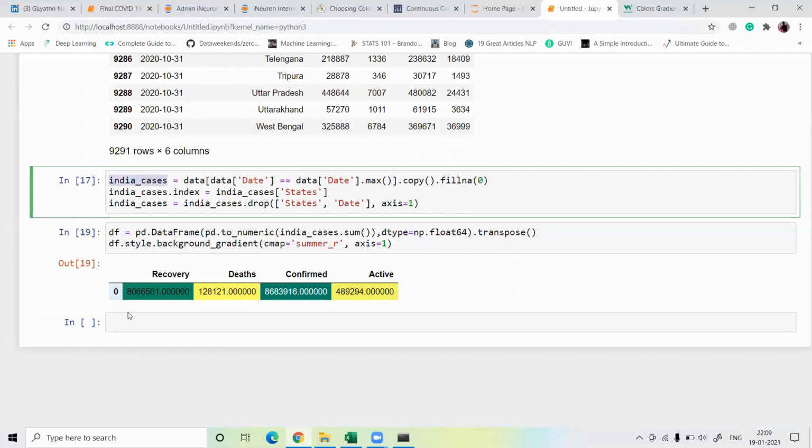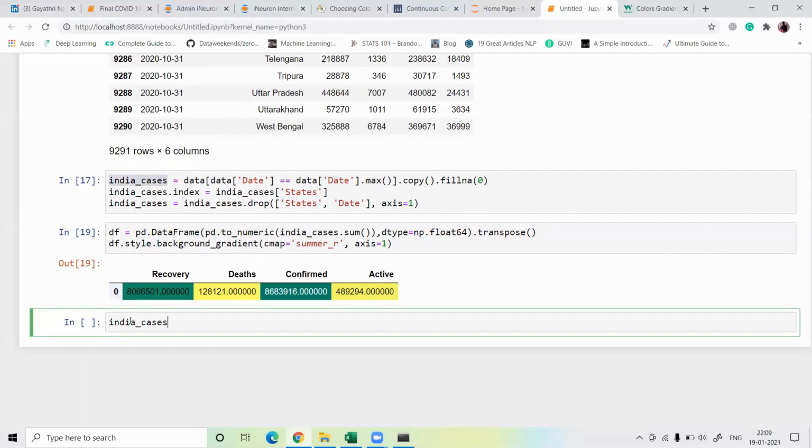I just define this India cases dot sort values. Okay, first define the active case, then ascending order, ascending is equal to false, and then define the style.